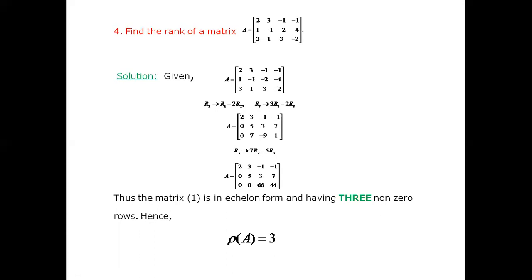So this is how we can find the rank of any matrix using row transformations. By applying row operations, we can reduce the matrix to echelon form like this. We can make all elements below the principal diagonal 0, and after that, by counting how many non-zero rows there are, you can write what the rank is. The symbolic representation is this, rho of A. So this is the procedure of finding the rank of a matrix, which is a very important concept here.